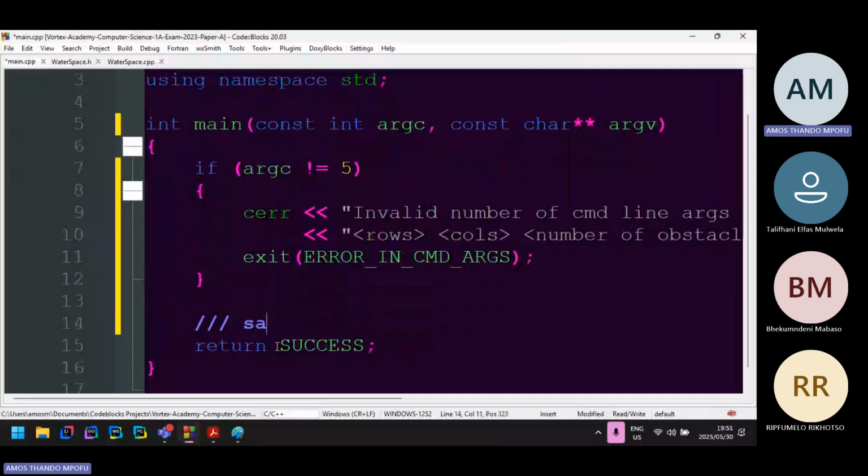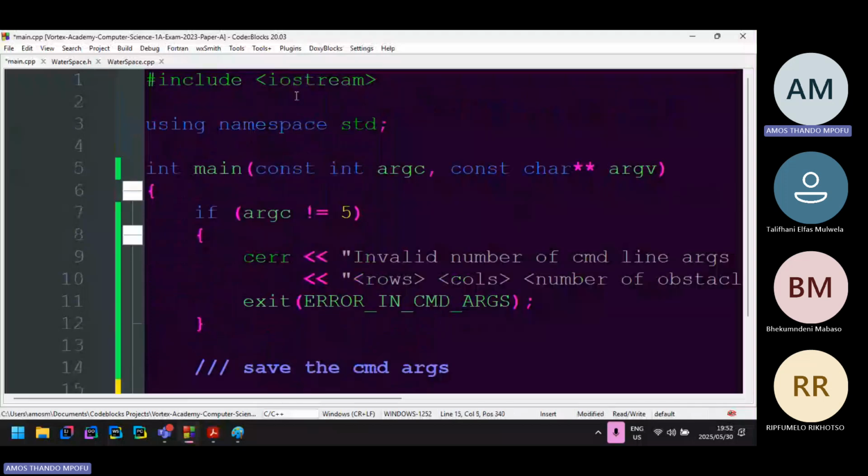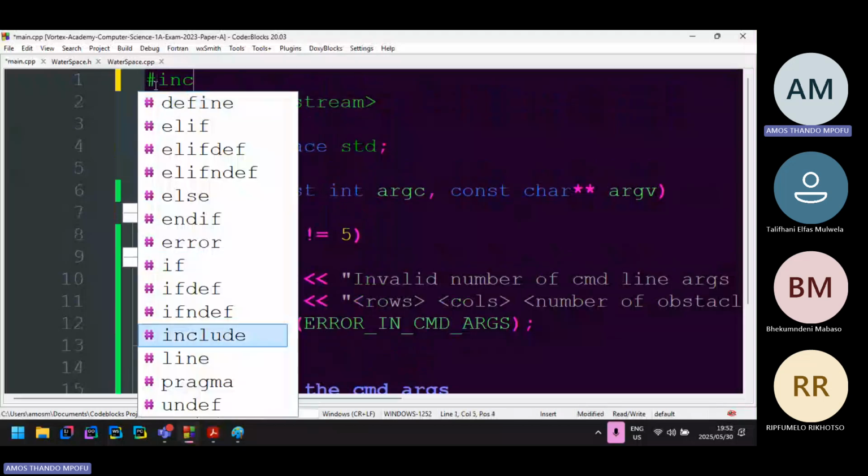Now we save the command line arguments, CMD args, just for short. So we start by rows and then call okay. The moment you start typing, let me show you something. The moment you start typing a function from your header file and it doesn't autocomplete, then you know you haven't included the header file. So I'm gonna remove this and include the header file. You see, I haven't added the header file. And I'll say hash include